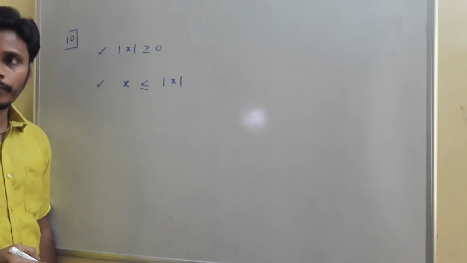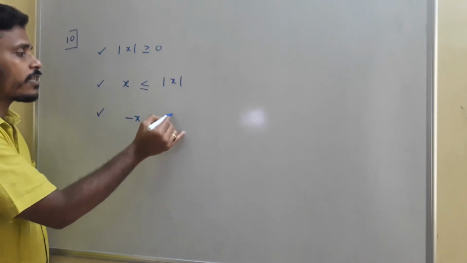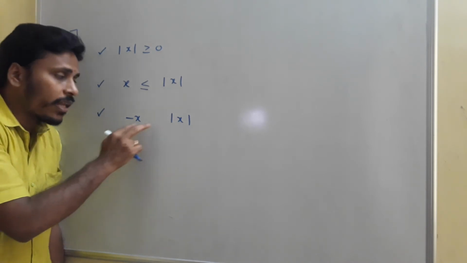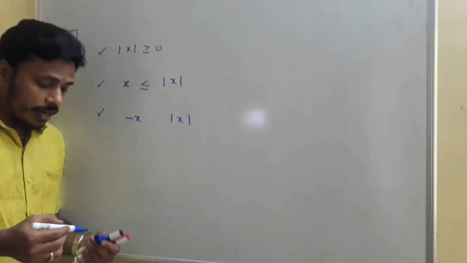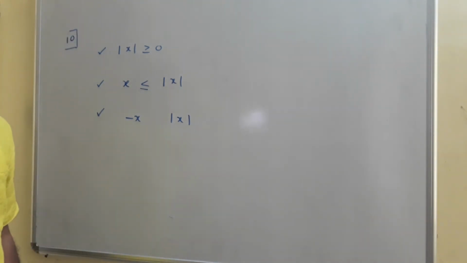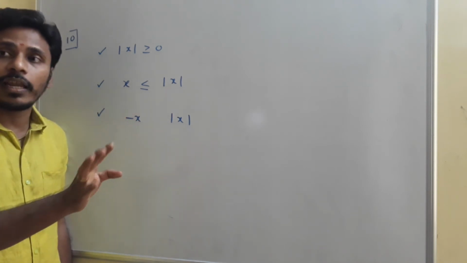Is it right? And in the other case, what do you say about minus x and mod x? Once again just observe it. I am just comparing this minus x and mod x. I don't know actually x, so to compare, I need to think about x. That x may be 0, that x may be positive, that x may be negative. So if that x is 0, again this is 0 and that is 0. They are equal.